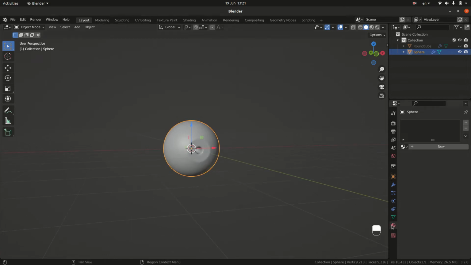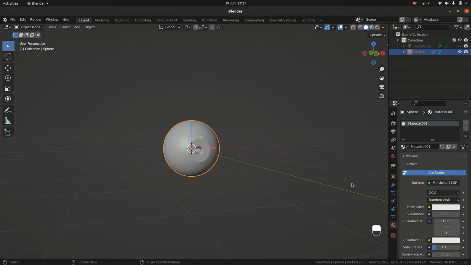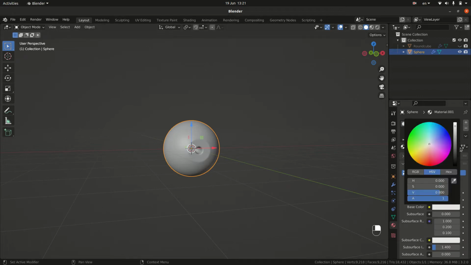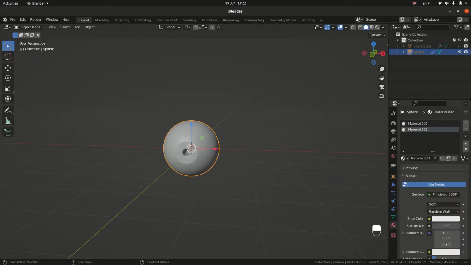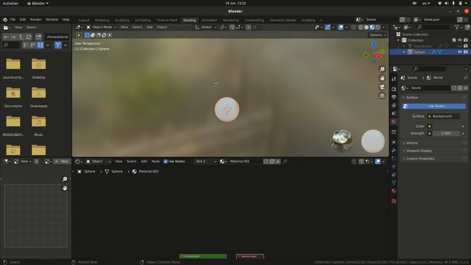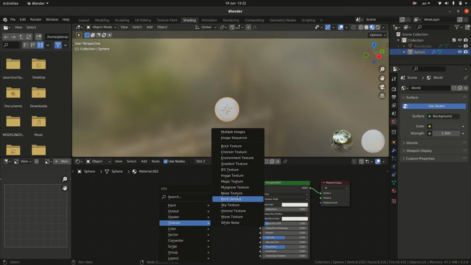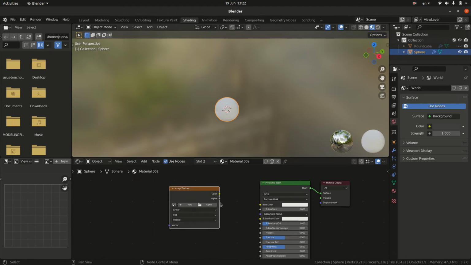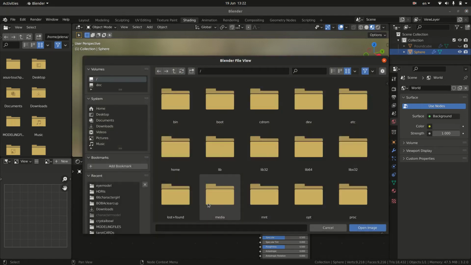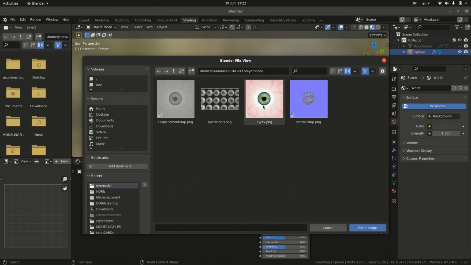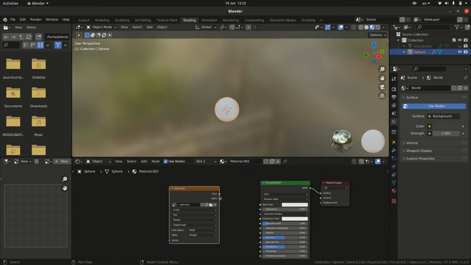And we're going to add a new material. We're going to use white, but let's mute it a little bit so it's not that white. Okay, let's add a new material. Go to shading. Where is it? Here it is. And we're going to add texture, image texture. So open the image of the eye you have. Have something like this. So open it, connect color to color. Let's do